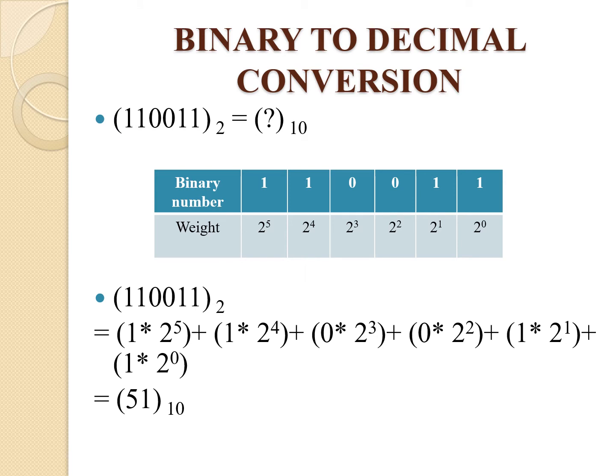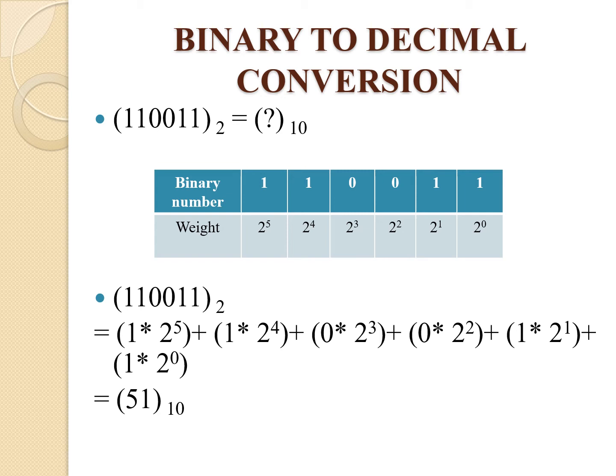Binary to decimal conversion. Now if we have a binary number, that is 110011, what is the decimal equivalent of it? As we have seen, computers understand only the language of zeros and ones but humans cannot. So it is necessary to convert it and see what exactly is the decimal representation of the given binary number. So how can it be done? You can see in the table, the binary number we should write first of all digit by digit. So I have written